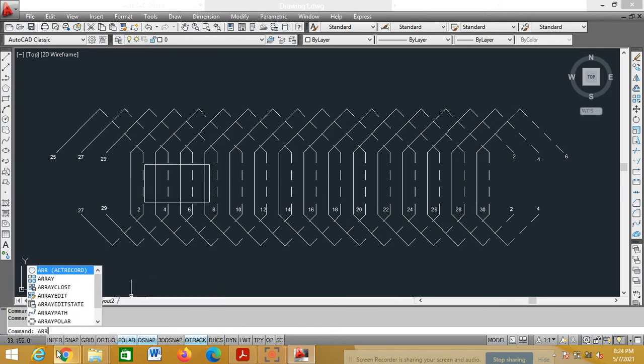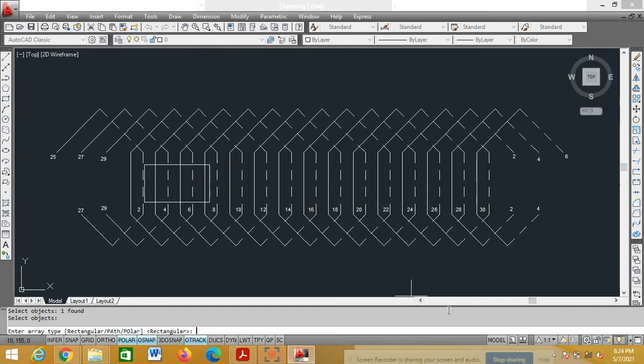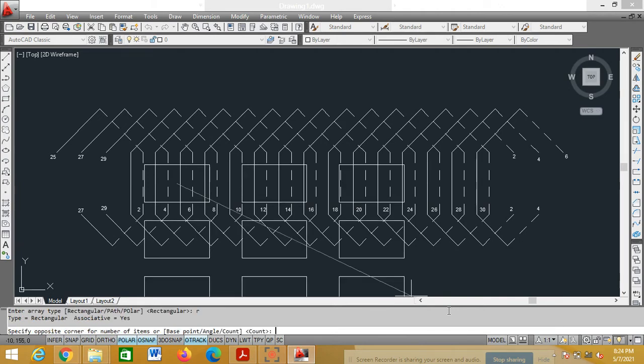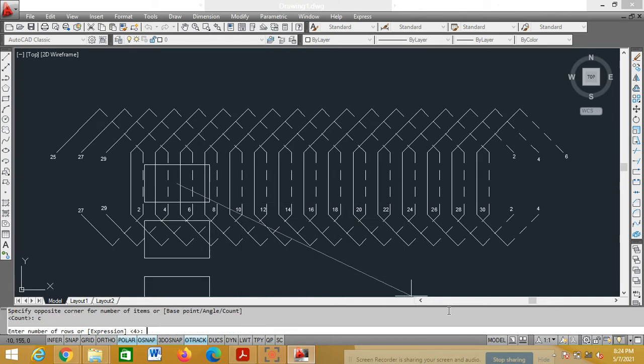Again type array, select objects, select only this rectangle. Press enter. What type of array? Rectangular. R, enter. Count, C, enter. How many rows? 1, enter.